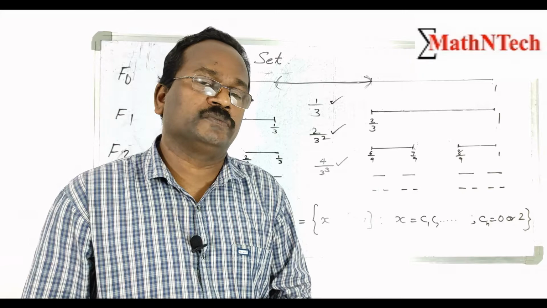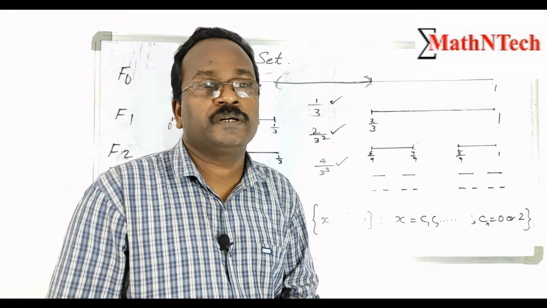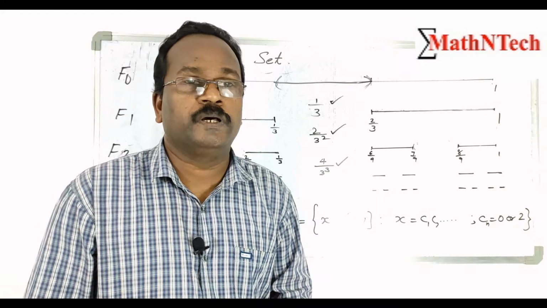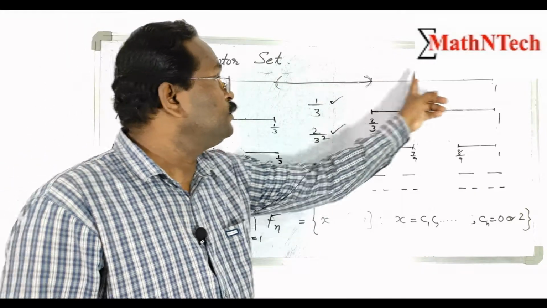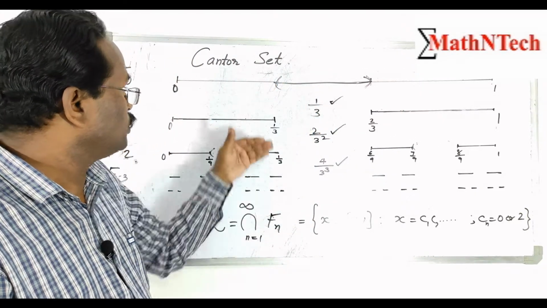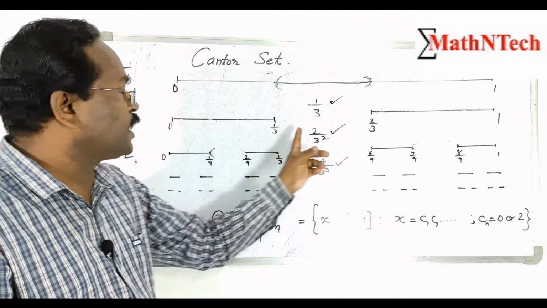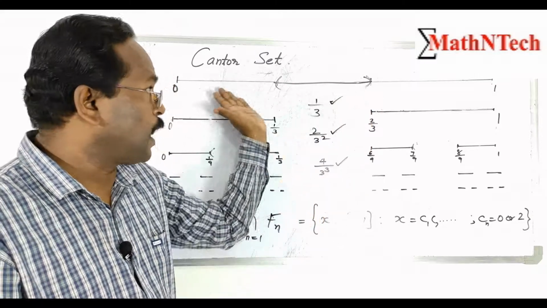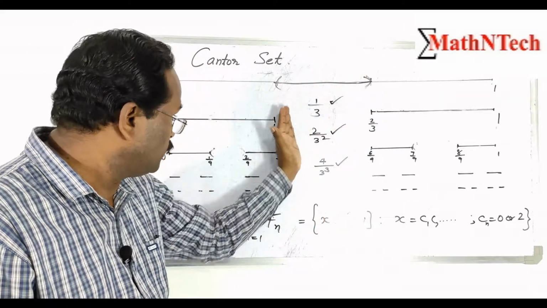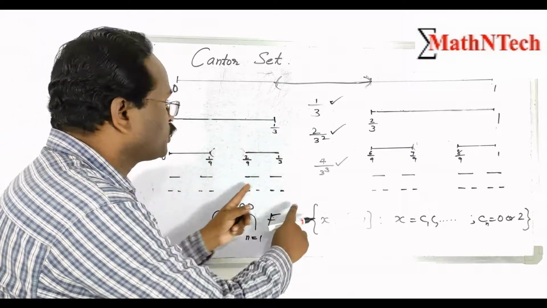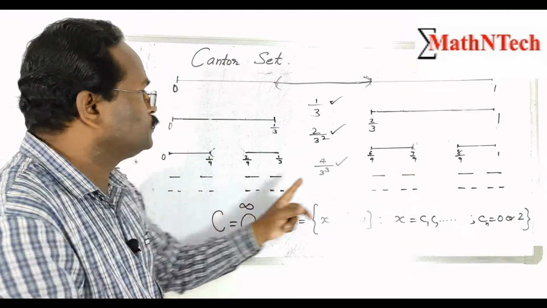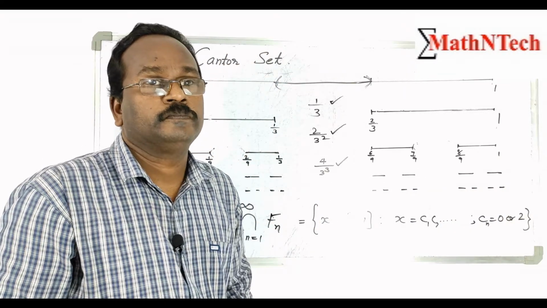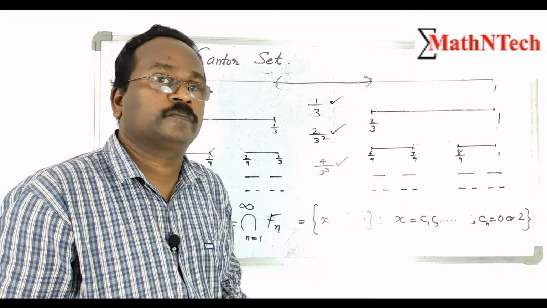That is real analysis. Now, fractal theory. Cantor set is a fractal. It is self-similar. Magnifying the Cantor set, we get two copies, the left hand side and the right hand side, identical copies, two copies. So magnifying this Cantor set, we get two copies. Here is one copy, the same copy here, same. So two copies. So Cantor set is self-similar.